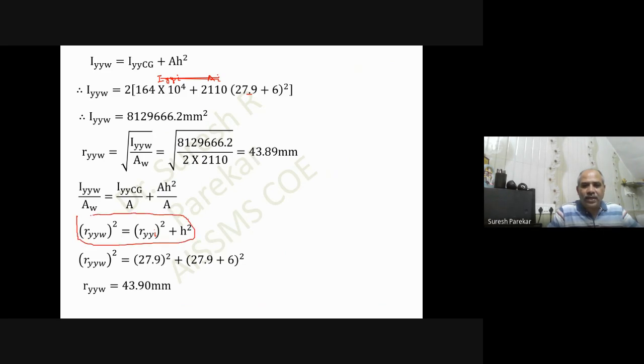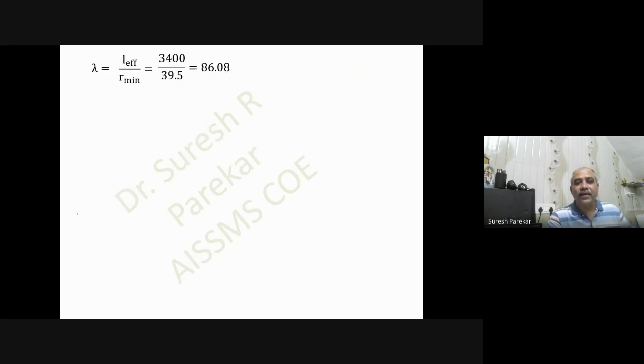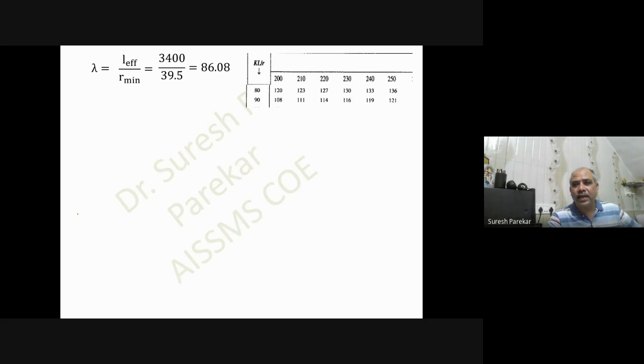And h will be the distance between the individual yy to the whole yy section. Now this value is greater than 39.5 millimeter. So my r minimum equal to rzz equal to 39.5 millimeter. Then I will find the value of lambda, which will be L effective upon r minimum, 3400 upon 39.5, which will be 86.08. And then using our table 9C,